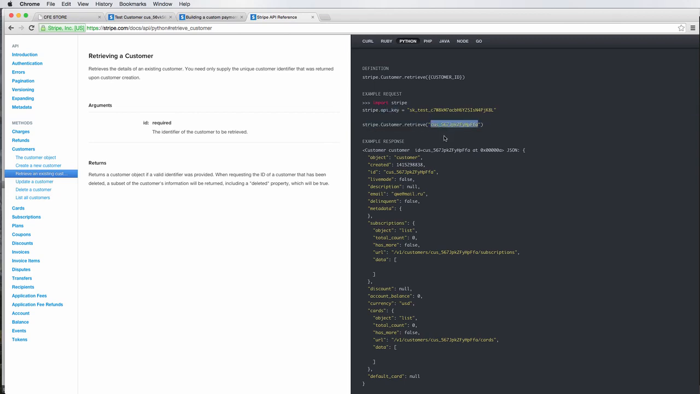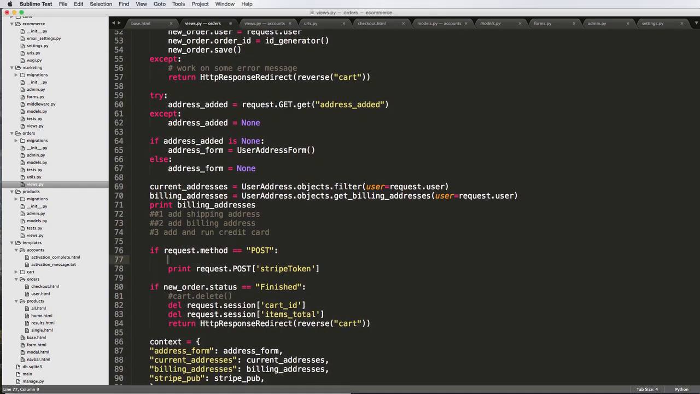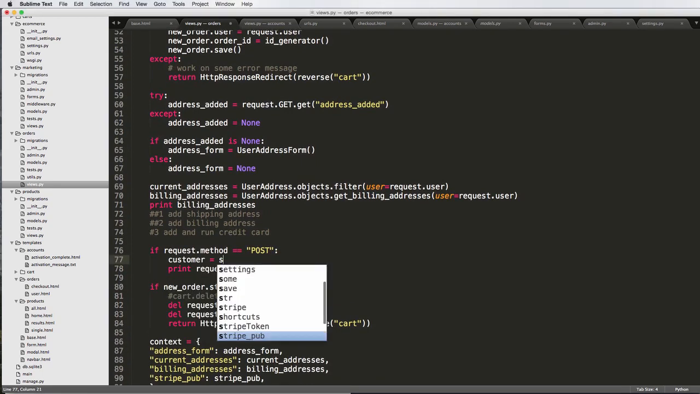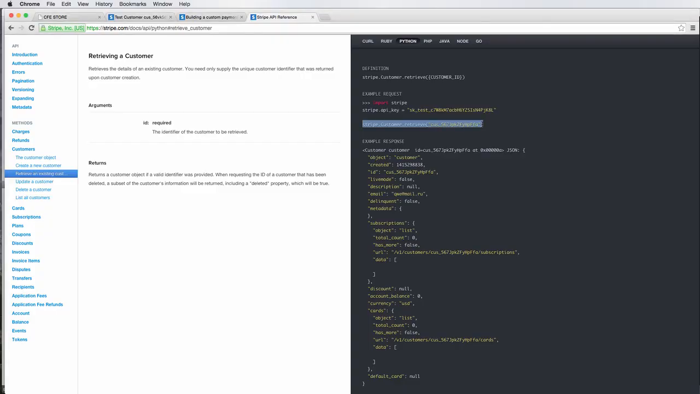Now, the reason we don't have to create a customer is because we do that when the customer is created in Django. We do that automatically, right? If you remember back, that's what we do. And there's a reason for it, is to make this process nice and easy for us. So now, in here, we're going to say customer equals Stripe.customer.retrieve. And then we want to get the Stripe